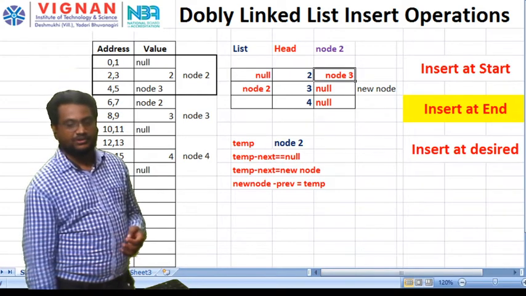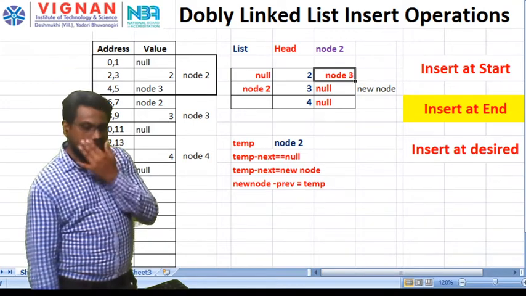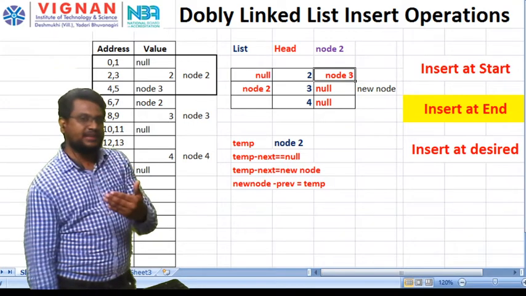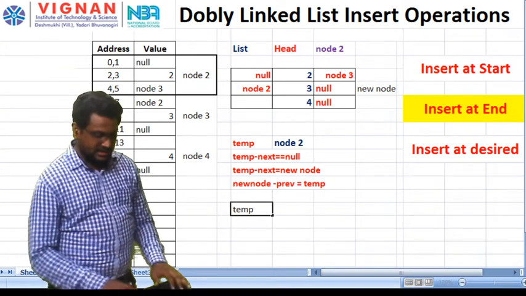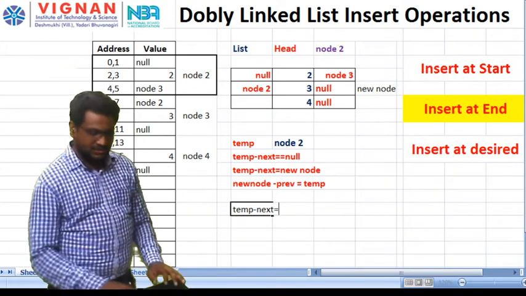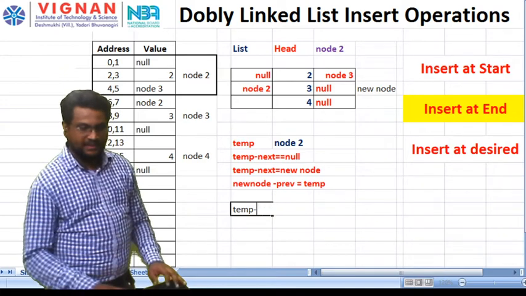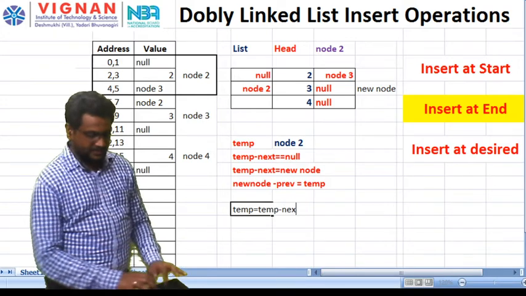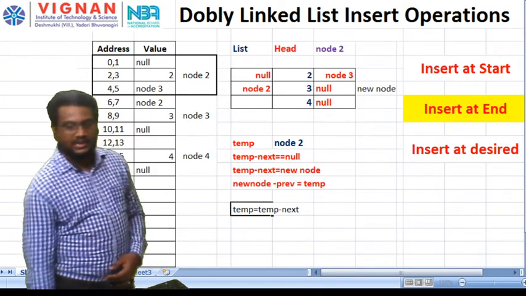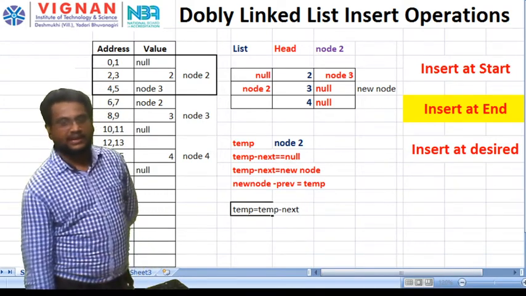Then what am I going to do? I will store the next value of the temporary variable into temporary. Sorry, temporary stores the temporary next variable.